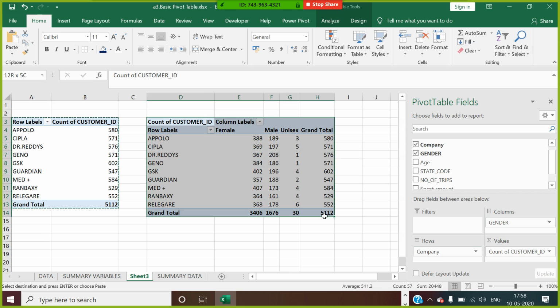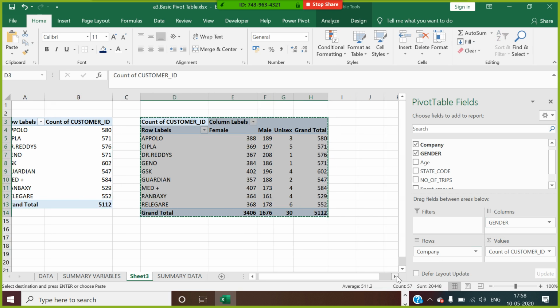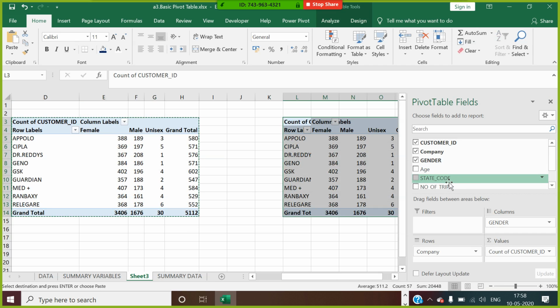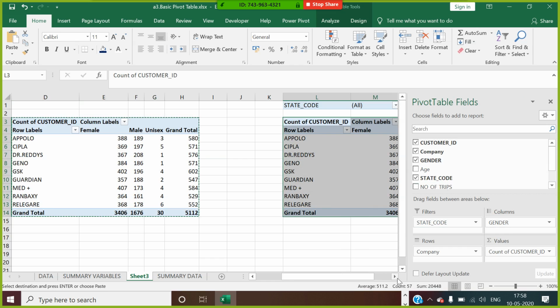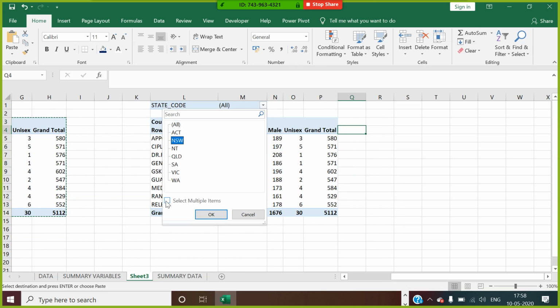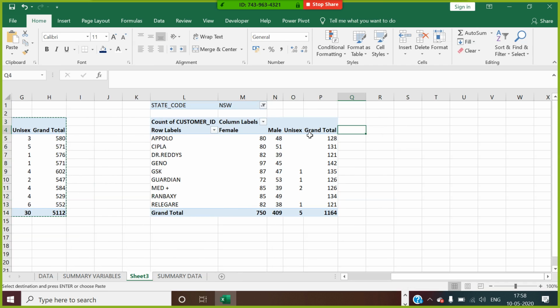In the third part of it, we create this by giving state code into the filter. What does it mean? If I select my state code as New South Wales, it shows me the count of customer for male, female, unisex, for Apollo and other companies. Right, guys?